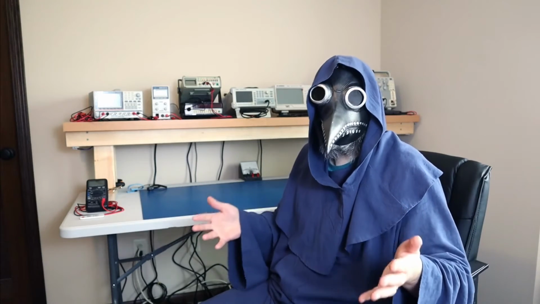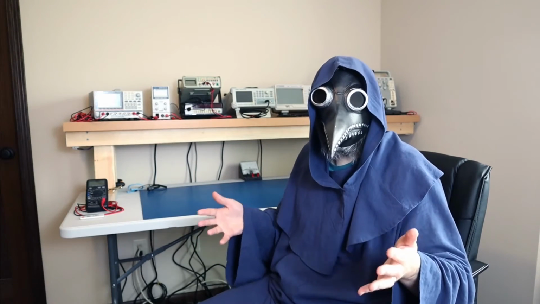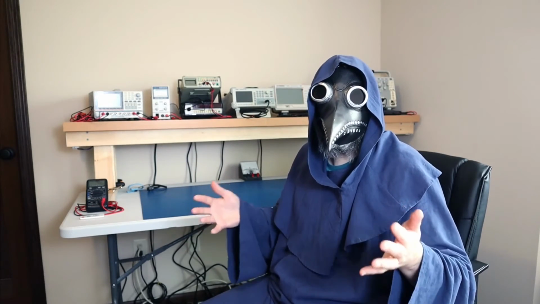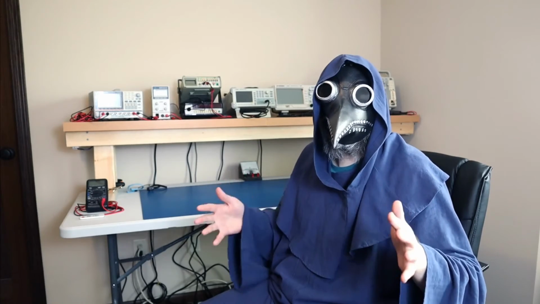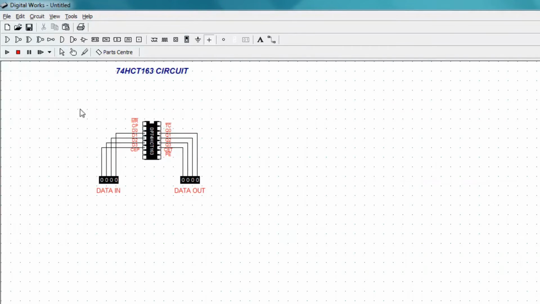I'm going to go back to the 74 series 163 chip, but this should also work with the 161 if you happen to have that chip. Both chips should work because we're no longer going to use the master reset pin, which is the only difference between the two. One is synchronous and the other is asynchronous. I'm just going to tie the reset high.